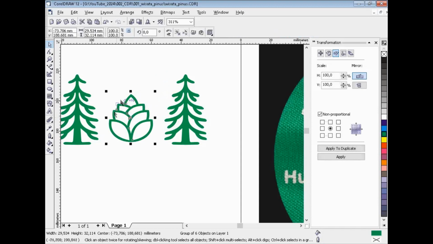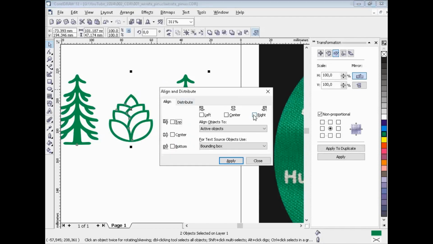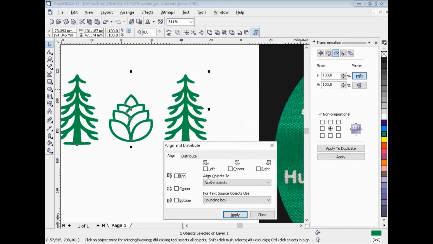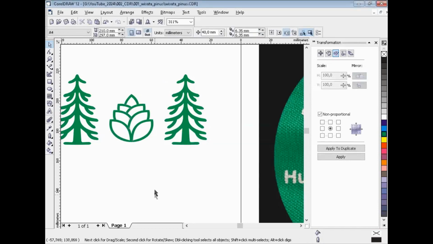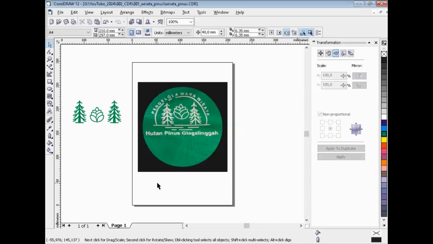Then first, second, select, align and distribute, then you can choose center. Okay, it's great.